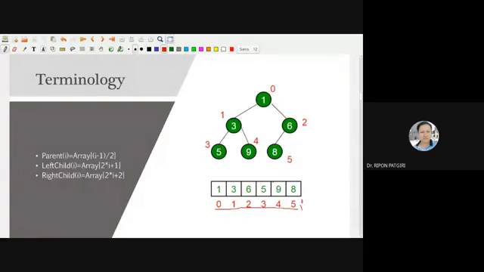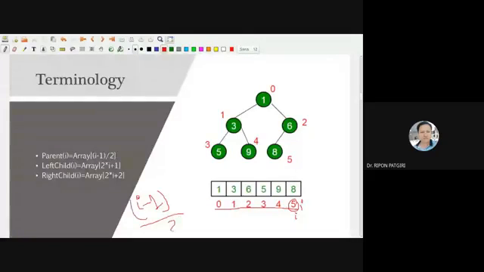And the parent of this 8, how am I going to calculate it? Parent of I is (I minus 1) divided by 2.